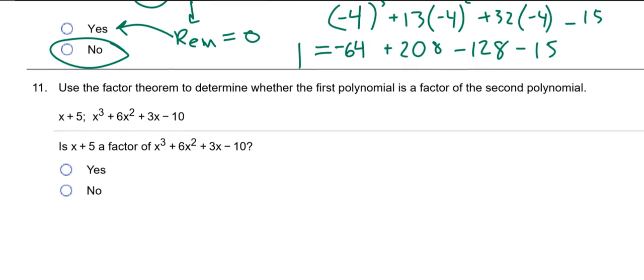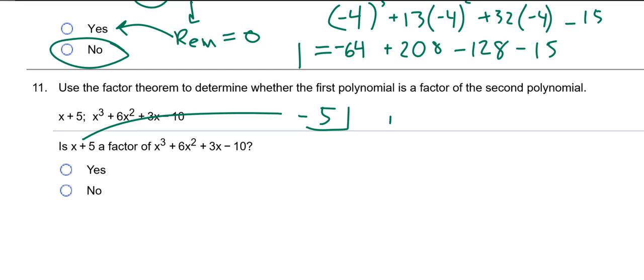Use the factor theorem to determine whether the first polynomial is a factor of the second polynomial. Okay, so factor theorem, okay, we're going to do synthetic division. We could do remainder theorem or synthetic division, right? So we could use this -5 and we could go through. There'll be specific questions that ask you for the remainder,